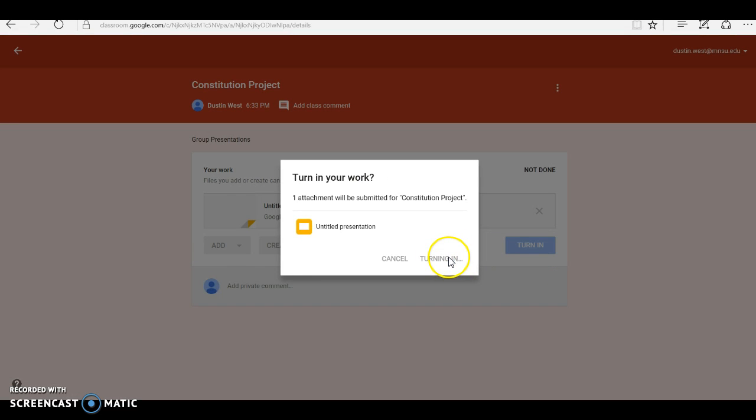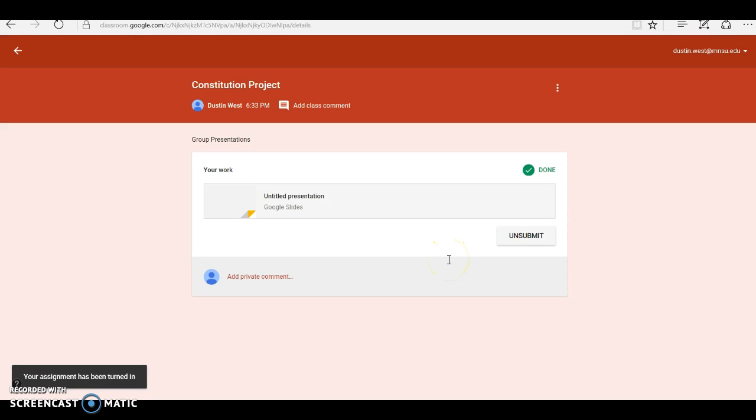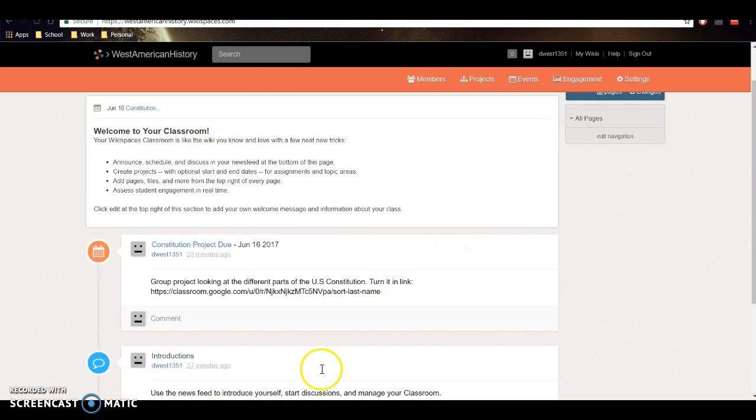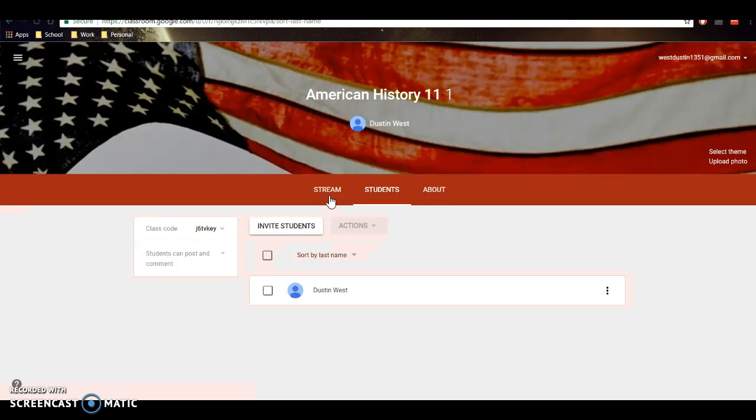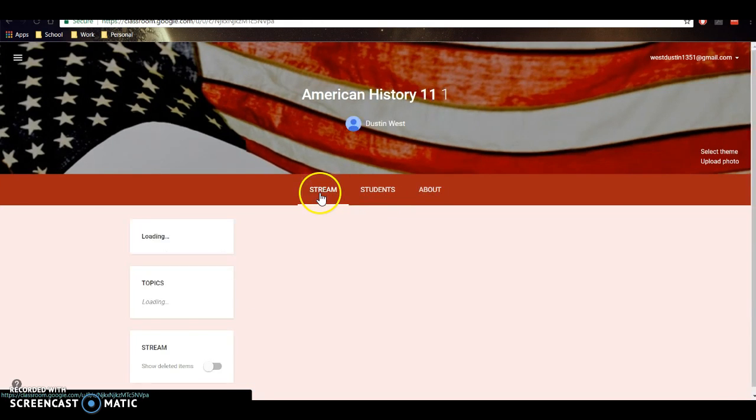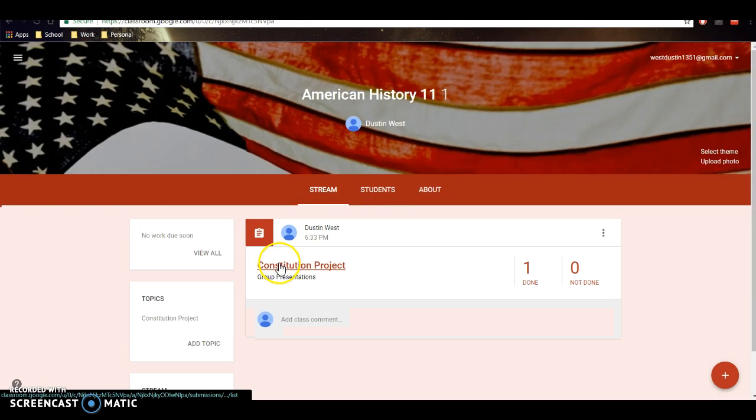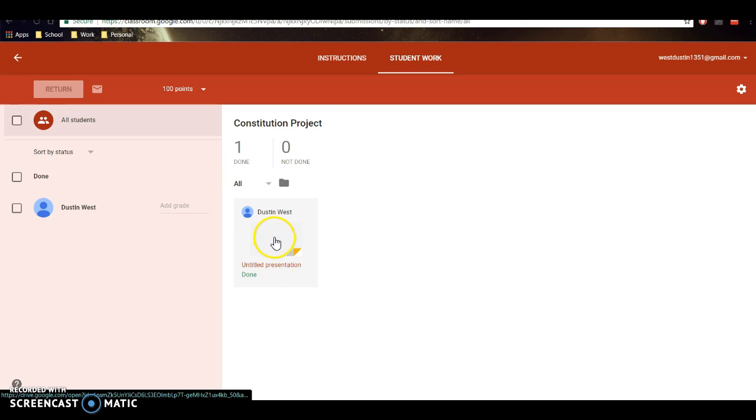Yep, so the student turns in their work before the deadline hits, and so I'm going to go to the teacher half, where as the teacher I'm going to be able to look at the student's work as a copy. So I'm in the teacher version, and so let's see here. If I go to here and I look at the Constitution project, I can see that I have one submission,